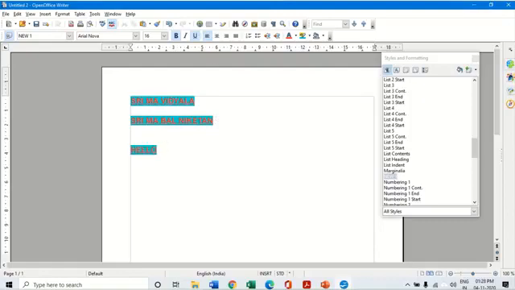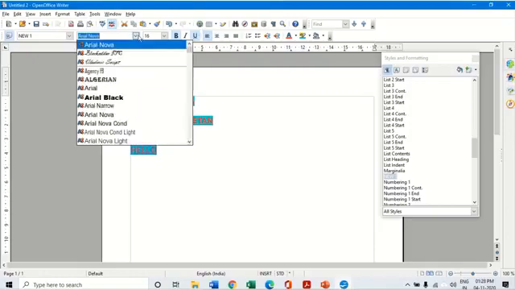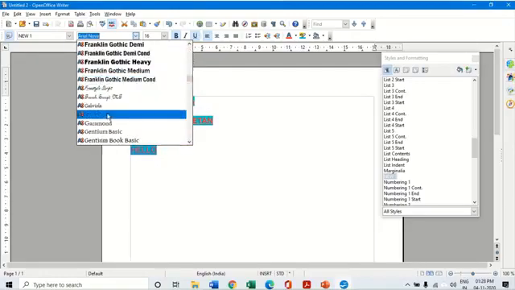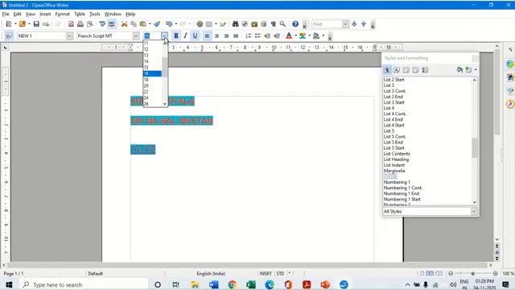I'm going to create a new format. Select this, and this time I'm going to make the font something like this. This is my font. I'm going to make it size 24. I'm not keeping it bold. I'm removing the underlining.